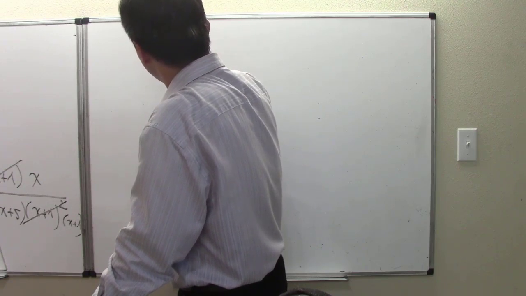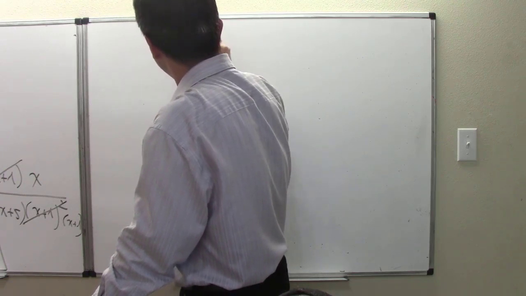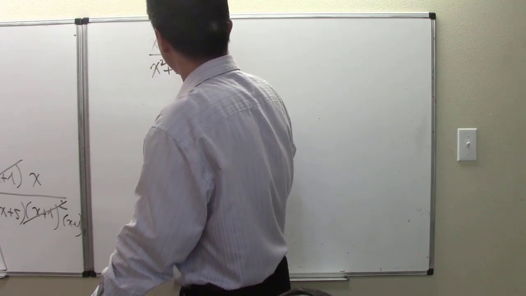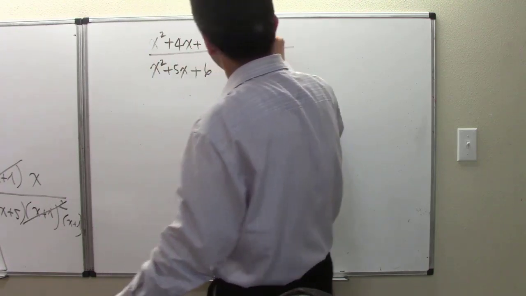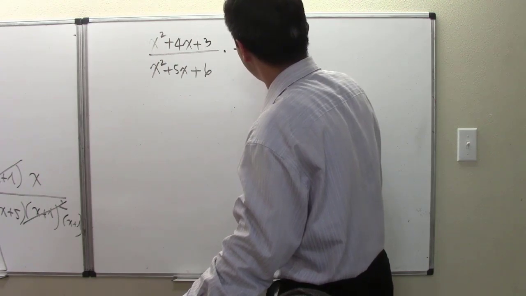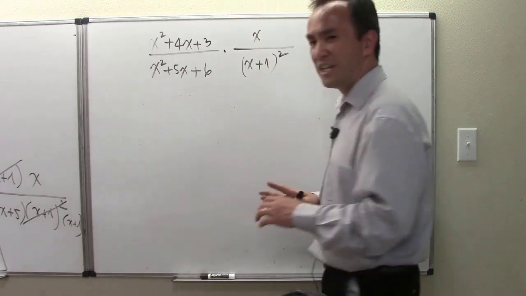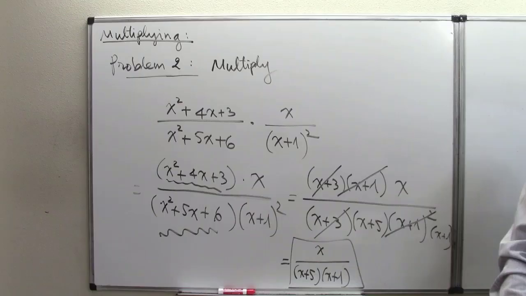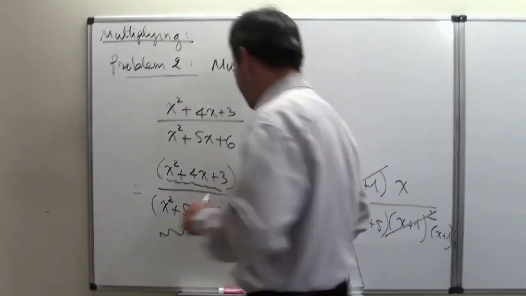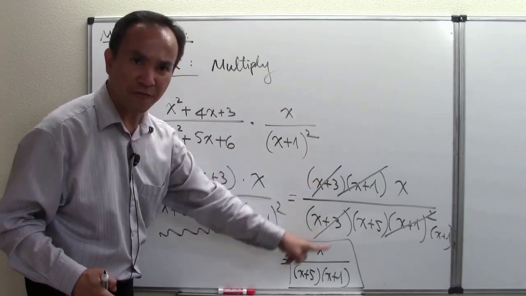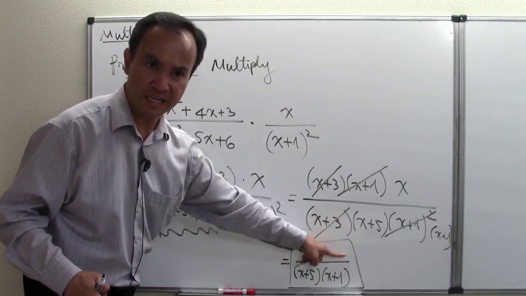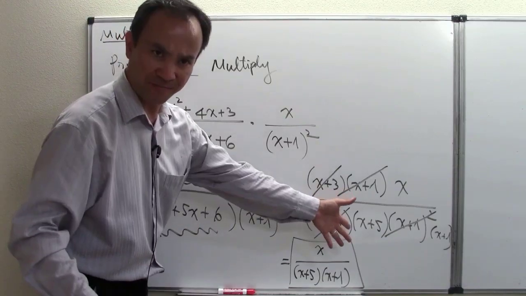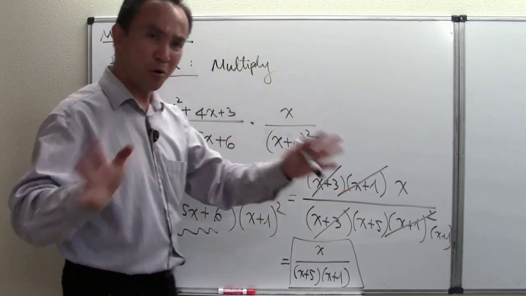Originally, x squared plus 4x plus 3 over x squared plus 5x plus 6, and we multiply with x over x plus 1 all squared. Instructors these days realized that, hey, instead of completely factoring at the end like this, it may be a little too gigantic and confusing. And so people over generations